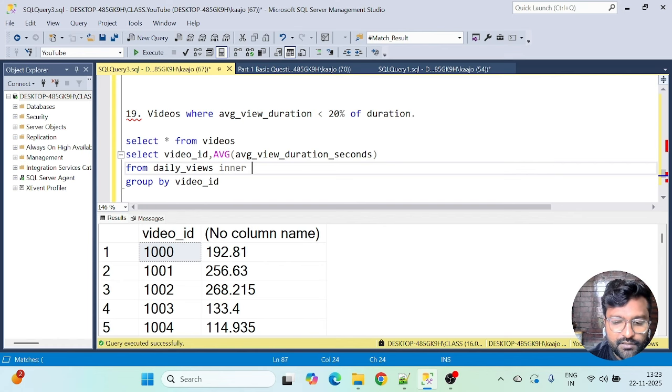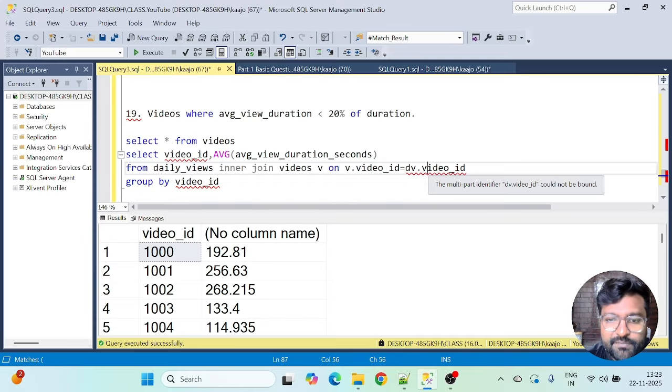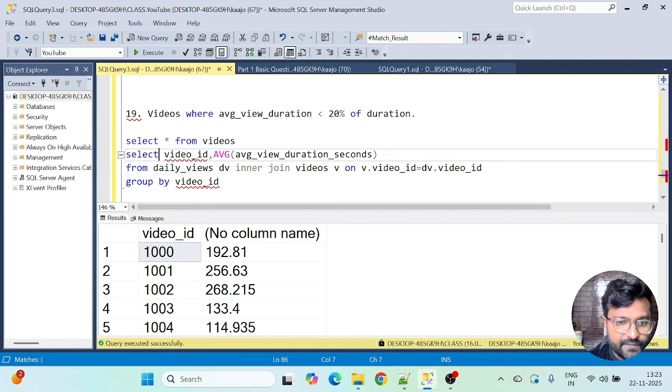Join the videos table, alias it as v, on v.video_id equal to dv.video_id, because the total duration is present in this table. So that's why I need to join with the videos table here.